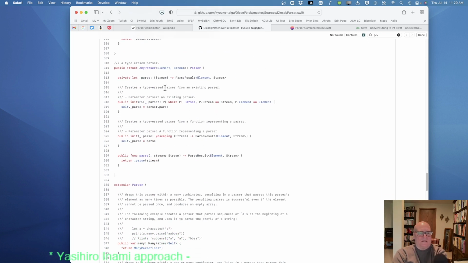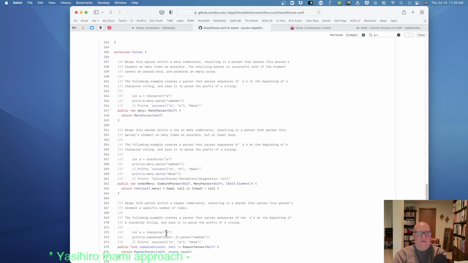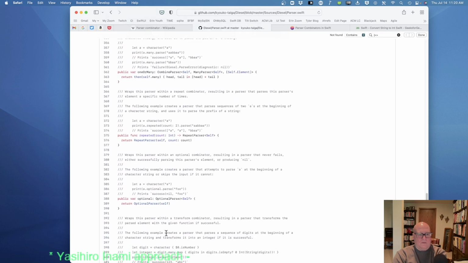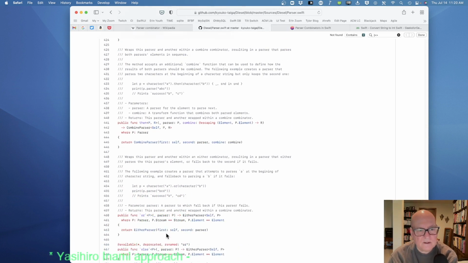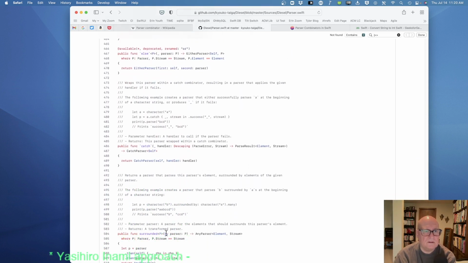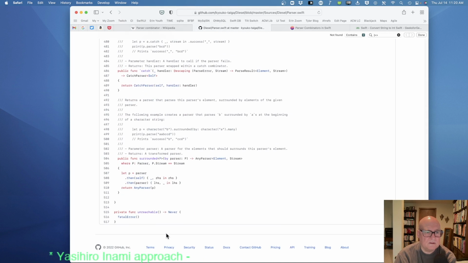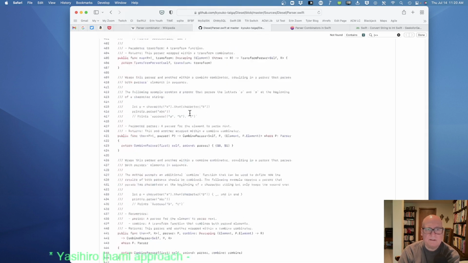This is where we borrow this type erasing because we just pull the function out. Here, parser.parse. Okay. The mini combinator. There should be one for a separator. I don't know if he has that one in this thing. Or else. Surrounded. No. Yeah, that's another one we can do.